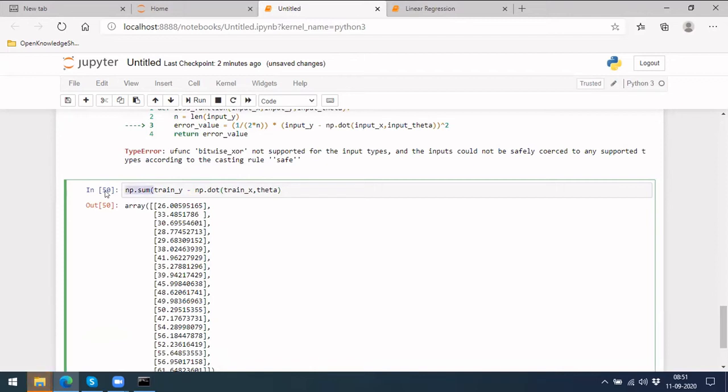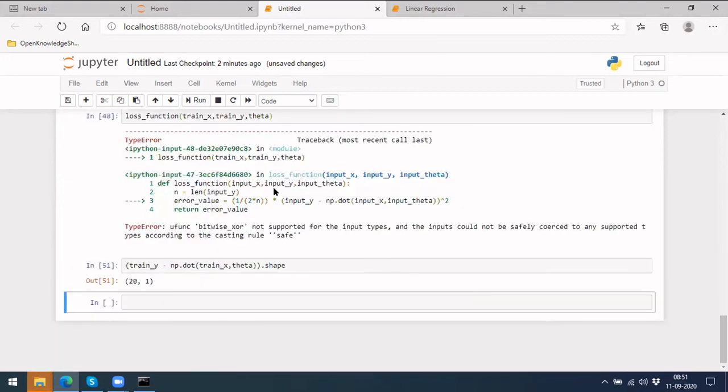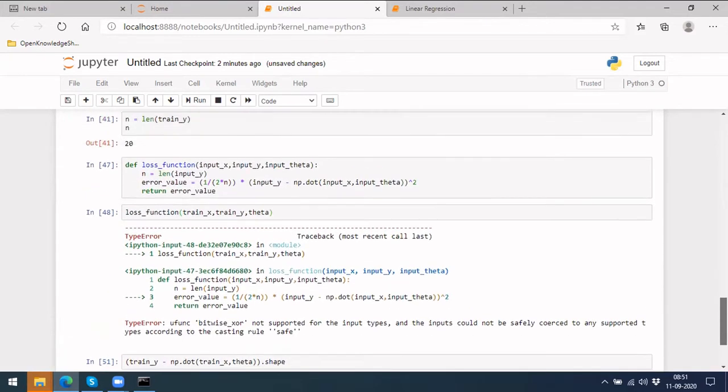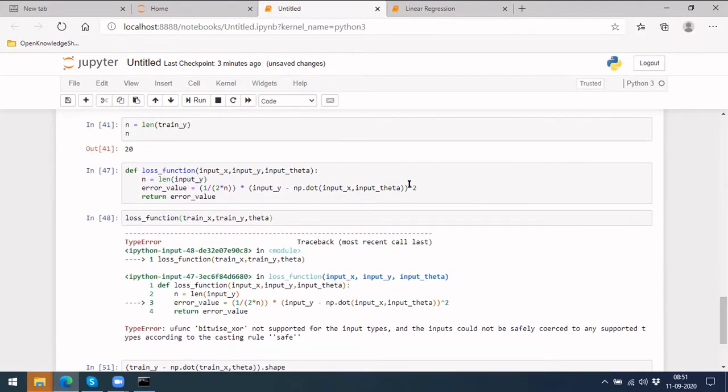If you do dot shape, it will be 20 into 1. So you can't square it directly like this, and that has become an issue here.